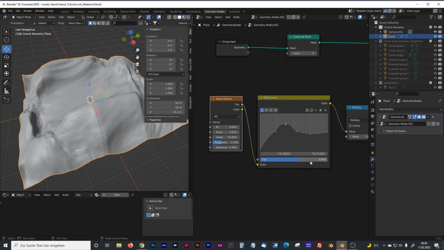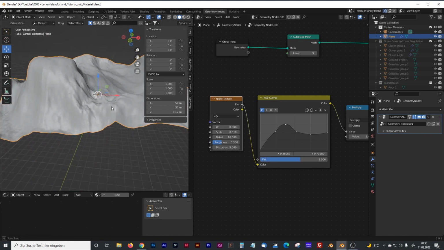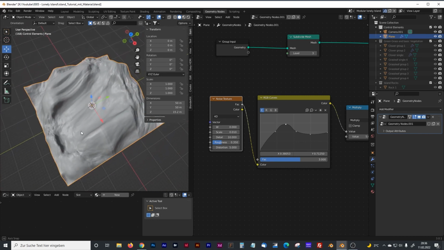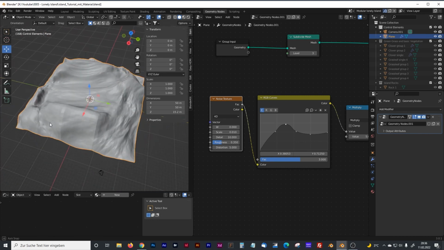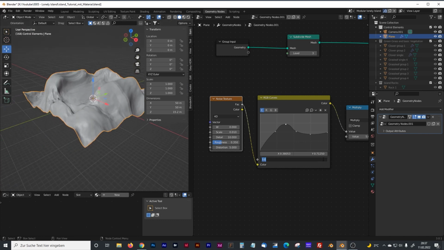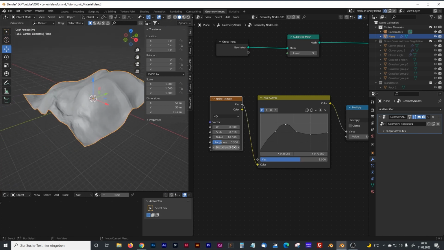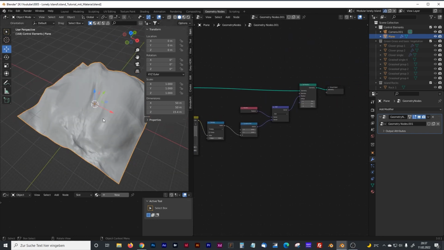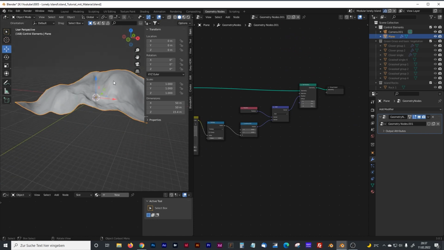If I turn that to 3, you can see that will give us immediately some very big change and make some mountains and valleys on our island. So now, how do we get the island only in the middle of it distorted? And I use therefore